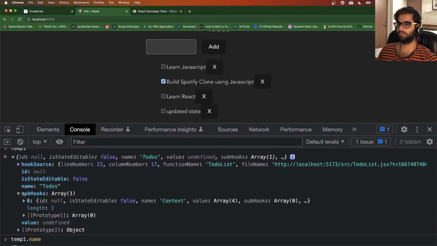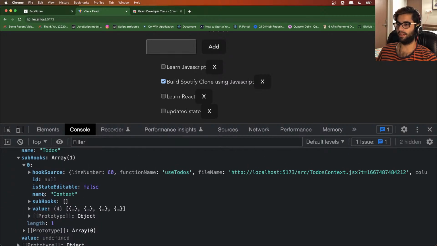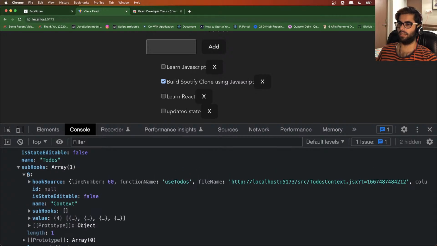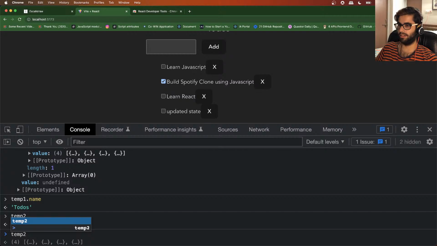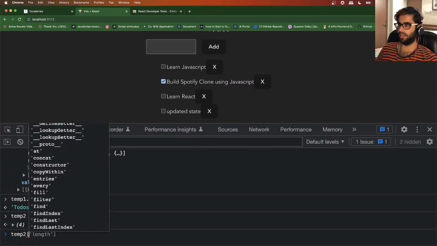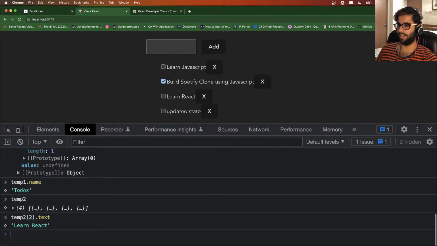And yeah, so you can basically play around with these elements, right? Let me, for example, what I will do is, let me store this as a global object. So we can do something like temp2 at index, say 2, right, which is this element, dot text. We can access it, and let's try and modify it. Learning reducer hook,